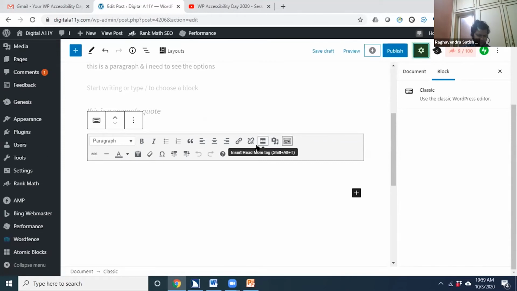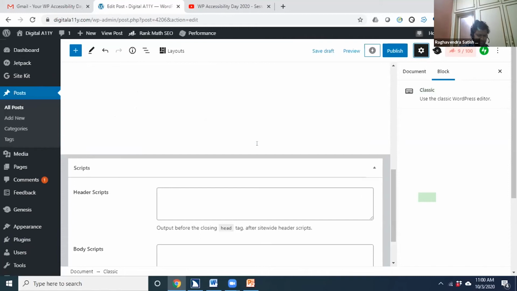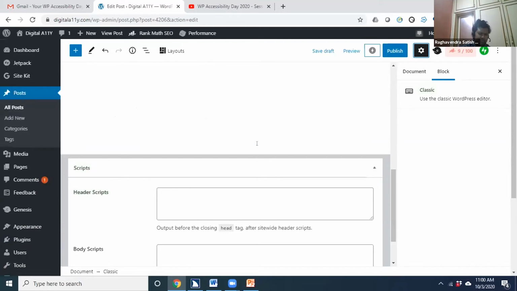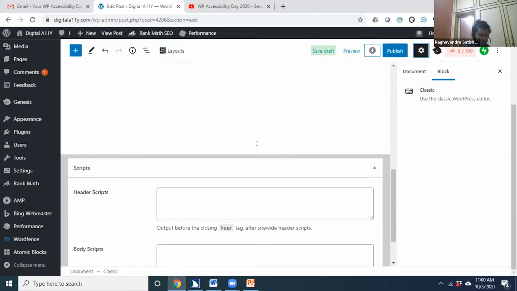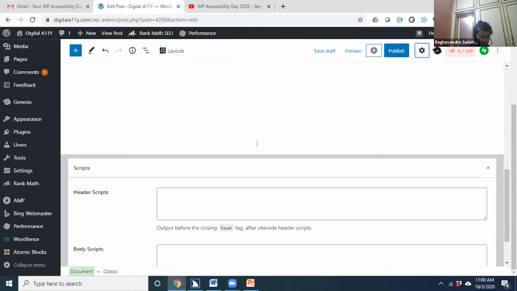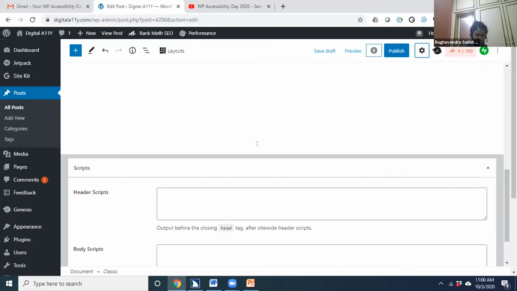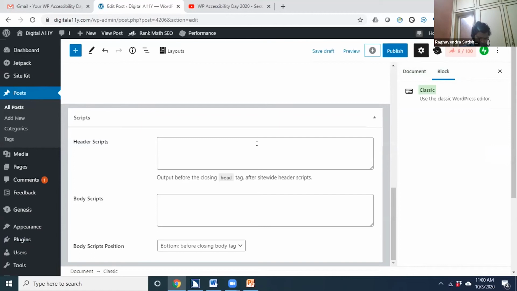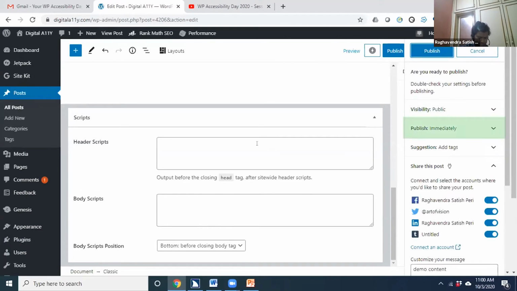Settings toggle button pressed. So all the insert classic heading level 2 scripts heading level edit post heading level wrapping to bottom classic heading level 2 % blank notifications blank classic heading level 2 scripts heading level 2 toggle blank table with 2 header scripts clickable edit the add tool undo content block nav insert layout but save draft button preview button collapsed save draft button enter saving preview button collapsed settings toggle button pressed space main scripts heading level 2 wrapping to top edit post heading level % block blank notification blank main reach list end classic current right word 0 document button block breadcrumb list of 2 items document button block breadcrumb list of 2 items open publish panel button collapsed open document settings button collapsed blank table end combo box bottom colon before closing table blank open document settings button collapsed space list document button block left parent selected right parent classic heading level 2 wrapping to top edit post heading % document button open publish panel button collapsed enter main region visibility colon public heading publish colon immediately at suggestion colon add tags share